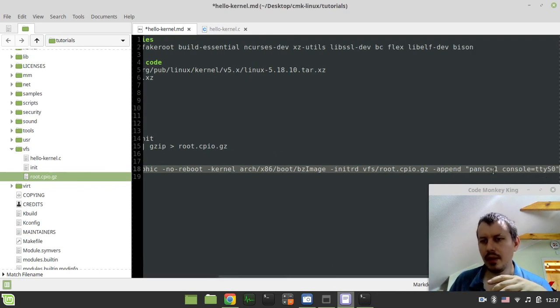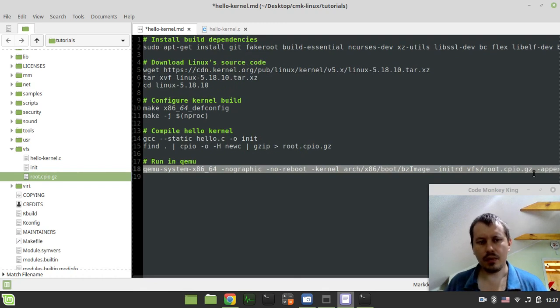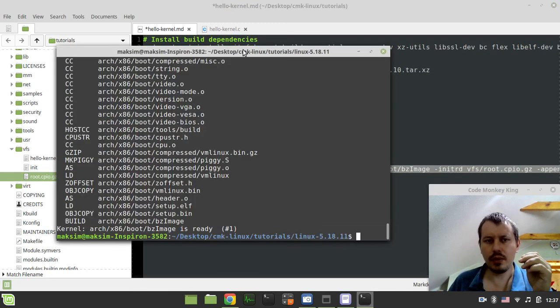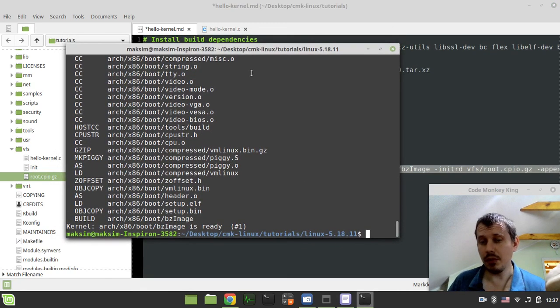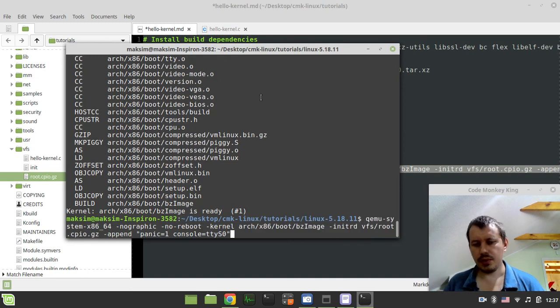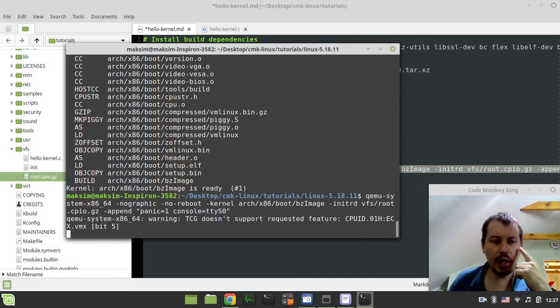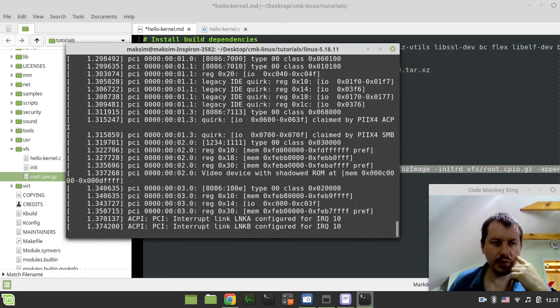And then, yeah, this append. So if I now copy this command to start the QEMU emulator. Yeah, by the way, if you don't have QEMU installed, you just go install it. So just paste this in, hit enter, hold my breath, and hope for the best. So yeah, the kernel is booting,